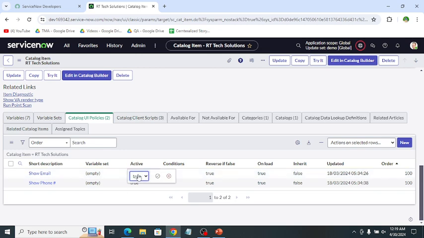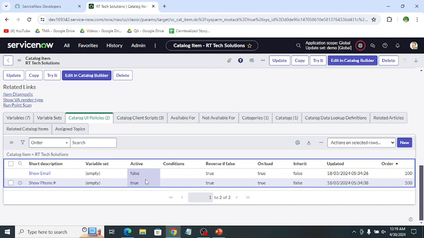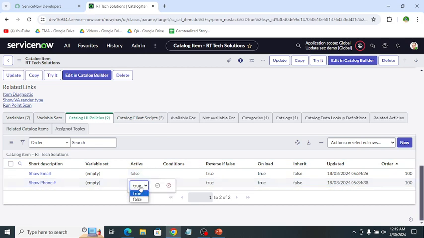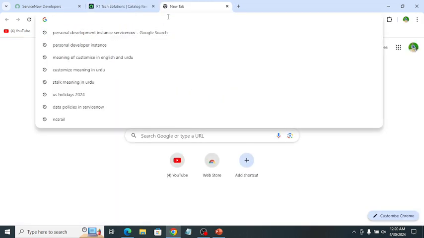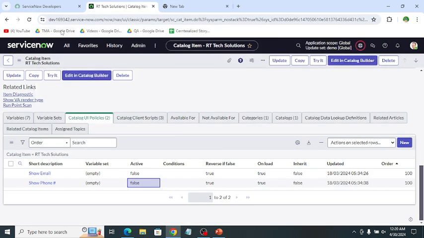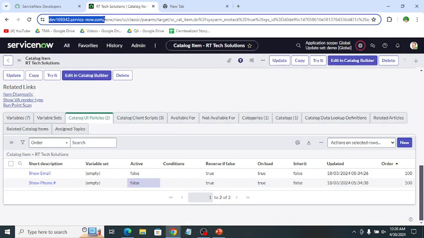These are the UI policies on this catalog item. They are inactive. So let's open the form of this catalog item. For this, open the portal.